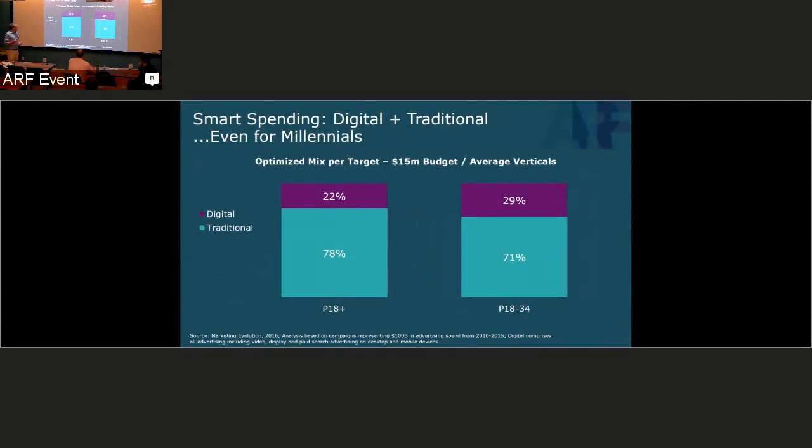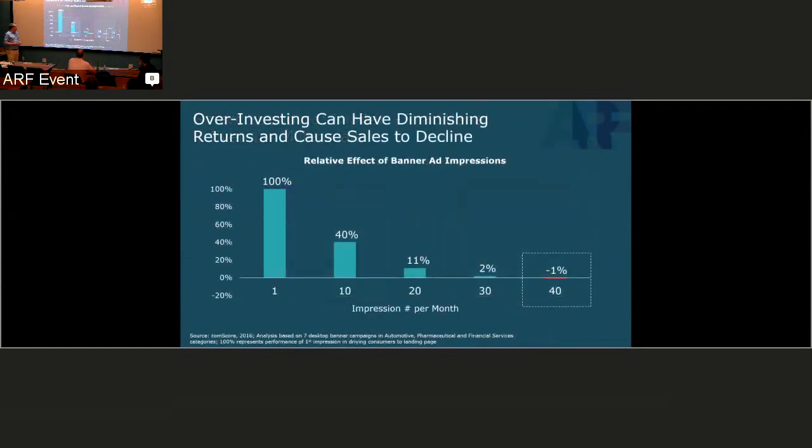The fourth ground truth that we established is around digital. Whole bunch of data. For all of you that are ARF members, by the way, these are 5 slides or 6 slides from a 20, 30, 40 page deck. So if you want more stuff, ping me and I'll share it with you. But one of the key pieces of low-hanging fruit, we think, for the advertiser and the industry in general, is